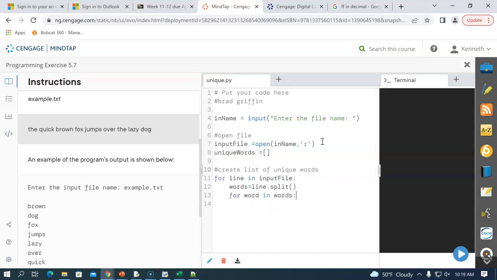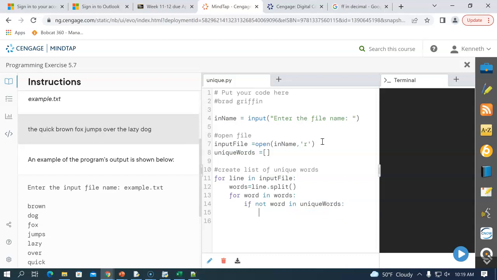For word in words, in other words, we're looking for an individual word inside of this list of words. And then we're going to create our unique list, and Python makes this really easy for us. So if word not in unique words,